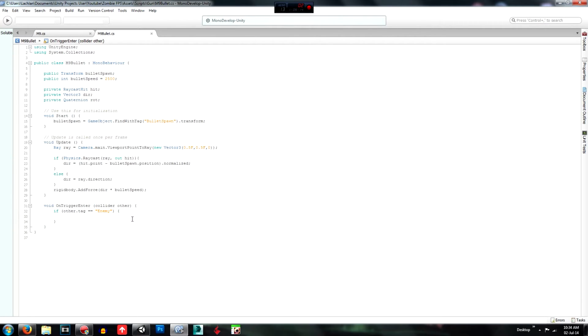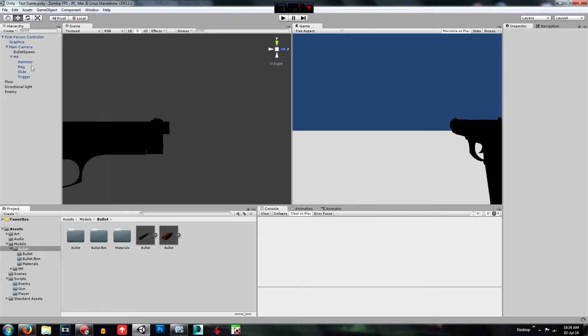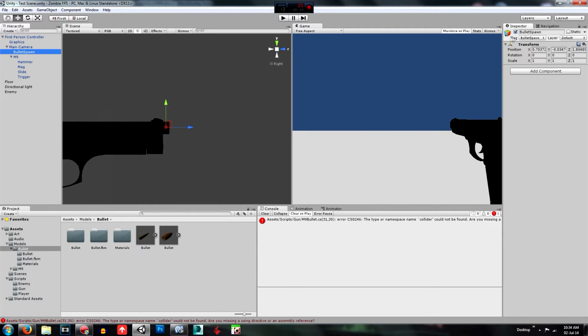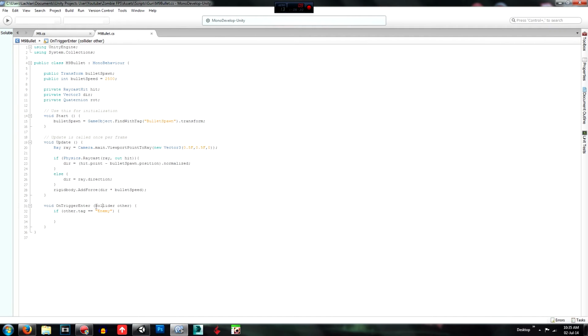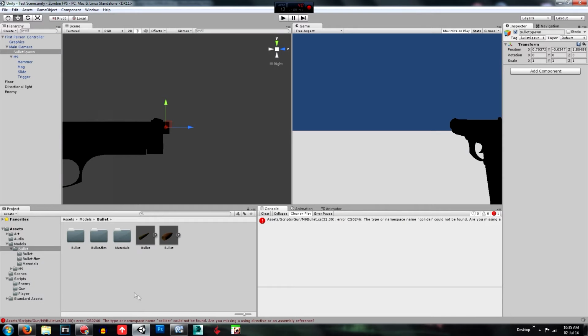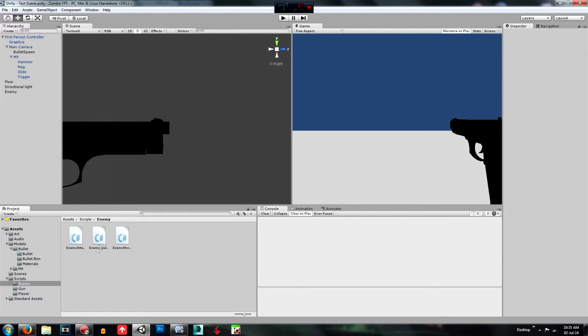take damage. So actually, one thing I forgot to tell you about this one is when you're doing find with tag bullet spawn, what I did was change the bullet spawn. I added a tag called bullet spawn, added that there and that there. Collider, it's capital C, sorry. Collider other. Okay, if other.tag equals enemy, then we're actually going to go back to here and go to the scripts, go to the enemy, I think it was,